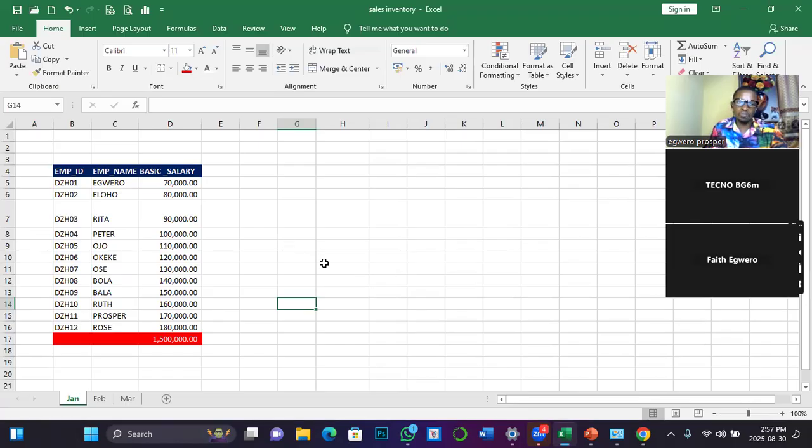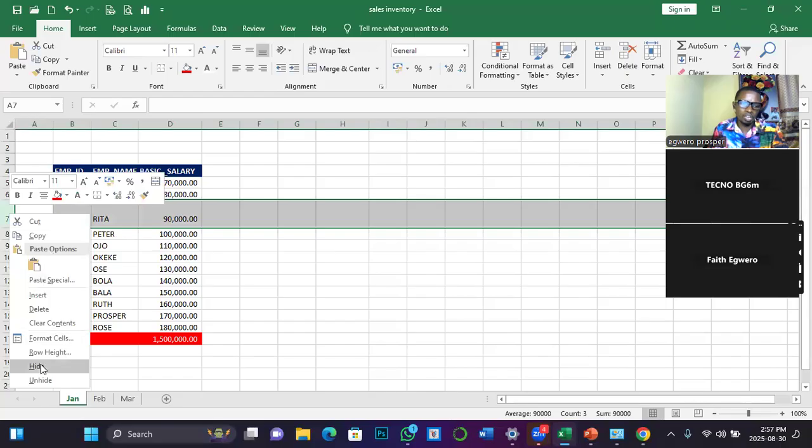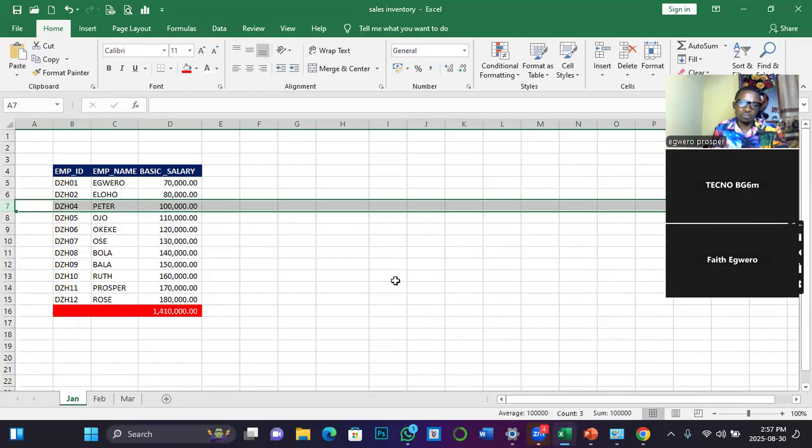So let's assume that you want to delete a record from your data set. For example, now you no longer have this customer and you don't want to keep her in your data. How do you eliminate the whole of this row? Very simple. Just select the number that represents it, right click on it, then click Delete. So automatically you have removed that record from the list.